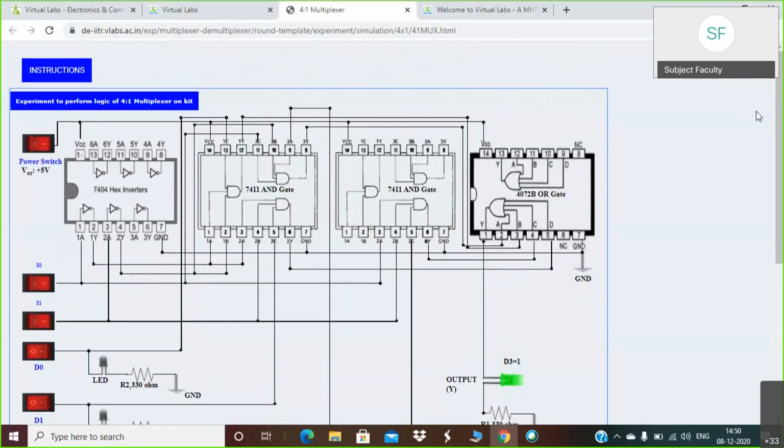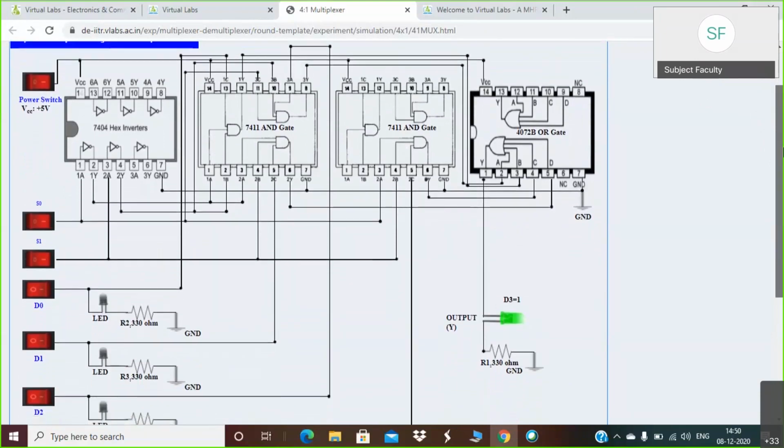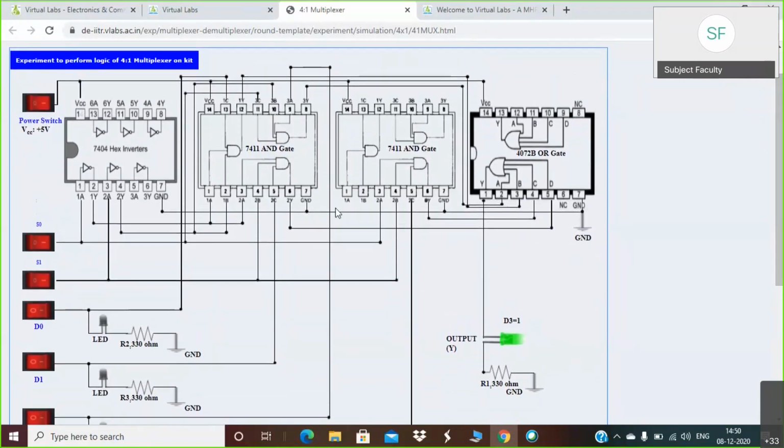We'll just focus on the terminals. We know for a 4:1 mux, how many input lines will be there? Input lines will be 4, right? Select lines will be 2 and output will be 1. So these 7 terminals you have to focus on.